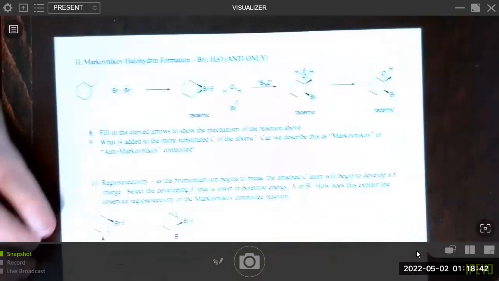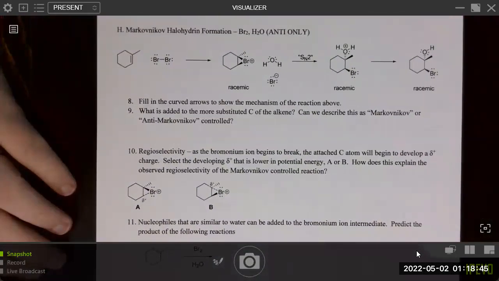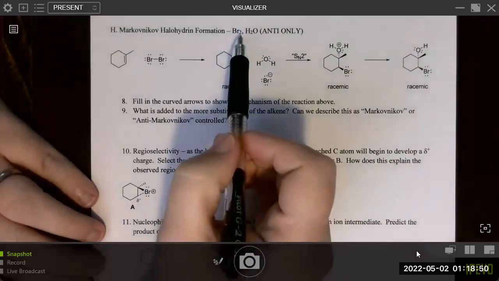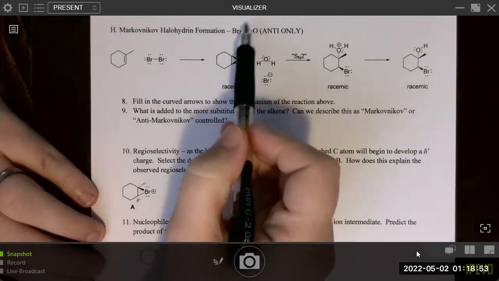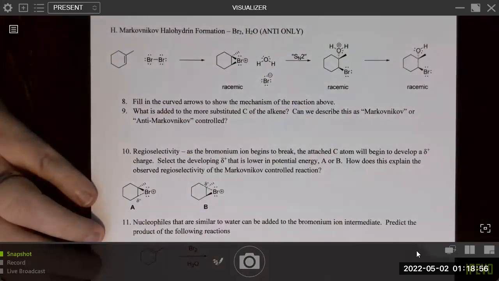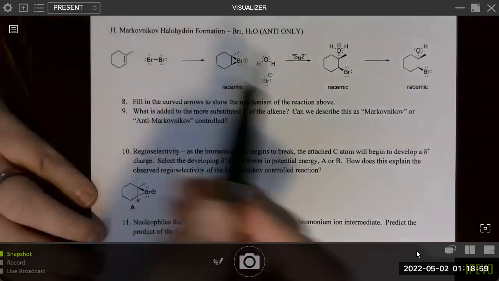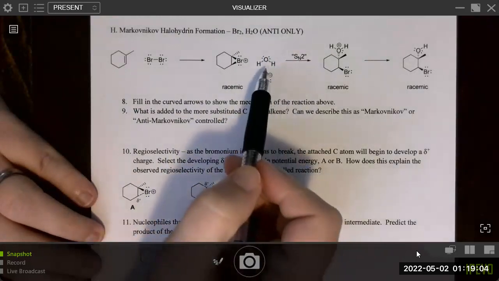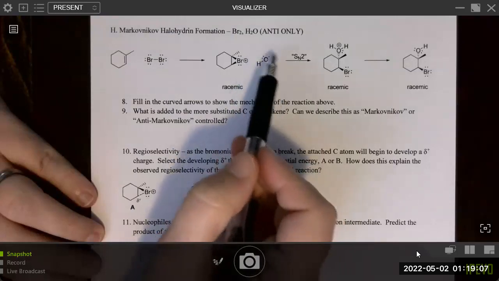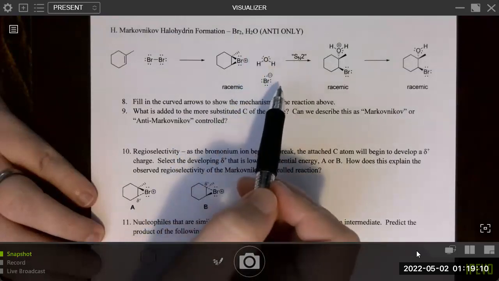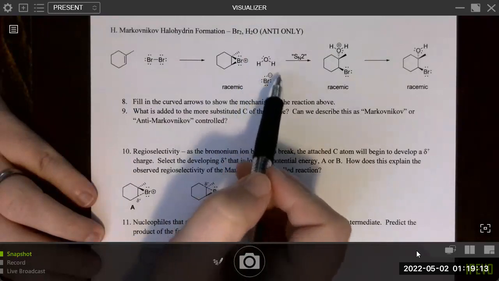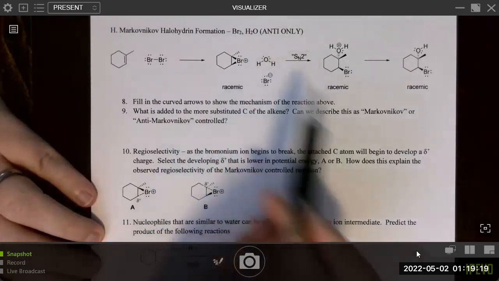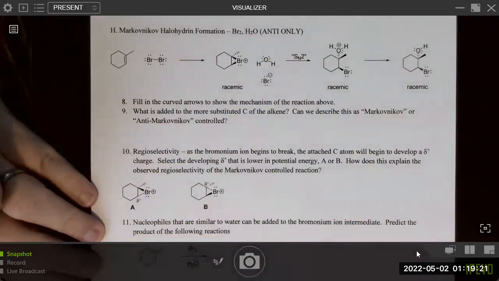All right, moving on to halohydrin formation. So halohydrin formation is very similar to halogenation. We're just adding water to the reaction mixture. And when we do that, water outcompetes bromine as the nucleophile to do the SN2 reaction. And the reason why is there's a solvent amount of water present, and there's very little bromide present. So even though bromide is a better nucleophile than water, it gets outcompeted by the fact that water is just surrounding this molecule.